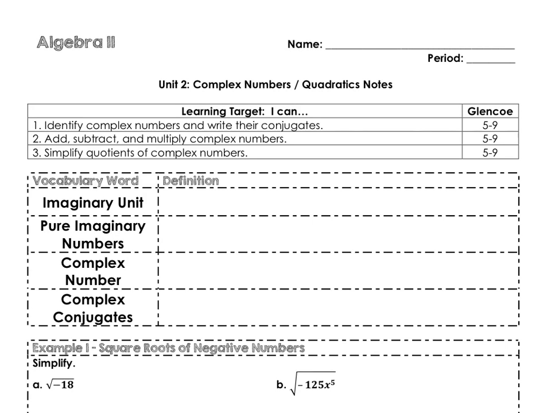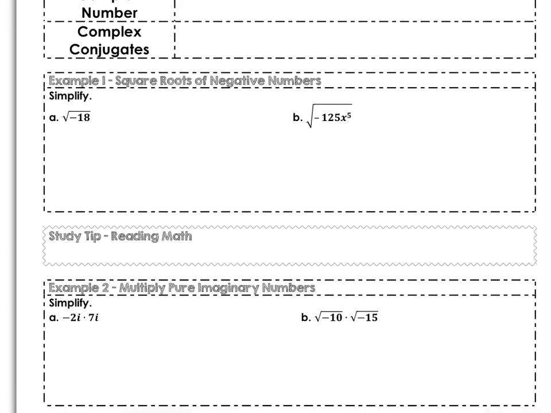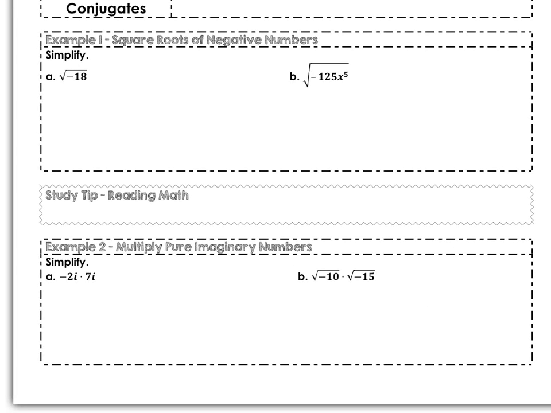This is your lesson on all the learning targets for complex numbers following the examples in Glencoe 5-9. We're first looking at the examples where there are square roots of negative numbers. In Algebra 2, you are now allowed to take the square root of negatives when evaluating expressions or equations. Now, they still do not appear on the Cartesian plane, which is why the graph of the square root function